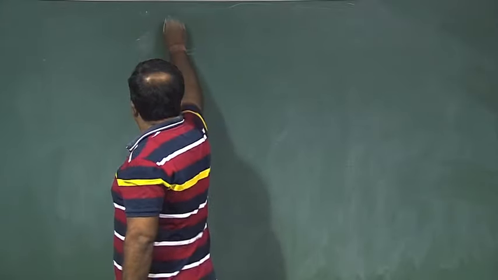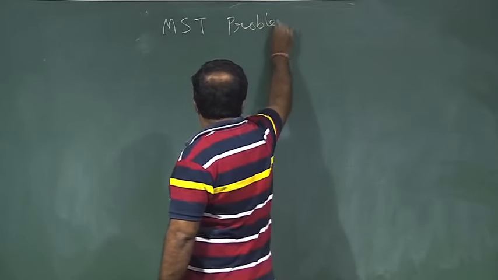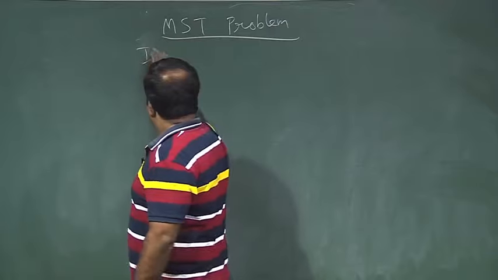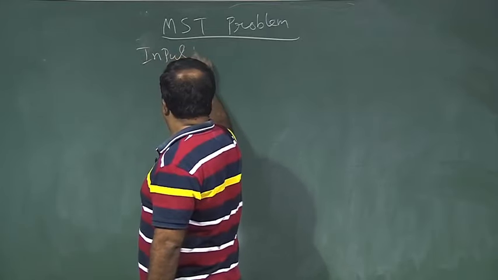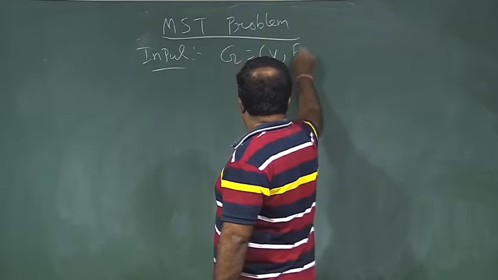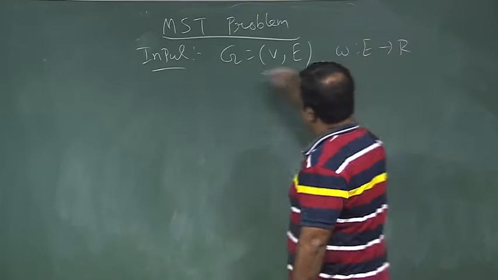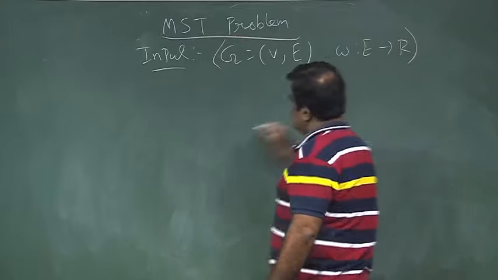So, this is the MST problem, the minimum spanning tree problem. The input is a graph G and we have an edge weight. This is the input and the output will be